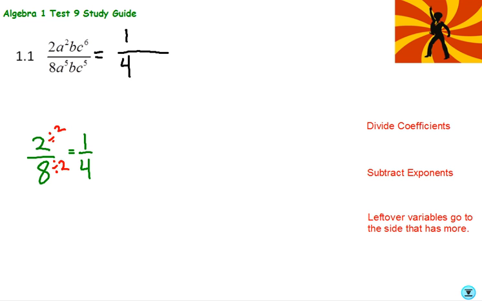Let's just pretend, and again, we're going to isolate this for a second, that the problem was a squared over a to the 5th. So I'm just going to look at this one part of the fraction. Well, a squared means a times a, right? Because the exponent tells you how many times to write it out. A to the 5th would mean a times a times a times a times a, so that 5 means I would write it out 5 times. And then because the fraction is another way of saying division,